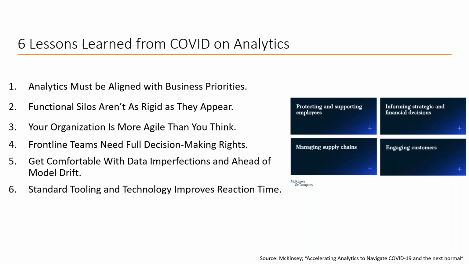So I think the outcome of this McKinsey study ultimately is that some of those silos maybe aren't as rigid as they appear, specifically when you're able to adopt more of a broader strategy here. Agile is absolutely top of mind. We're seeing it across all of our practices, being able to get to value quickly, right? Not have these monolithic projects that can take significant investments of time before you're seeing value out of them.